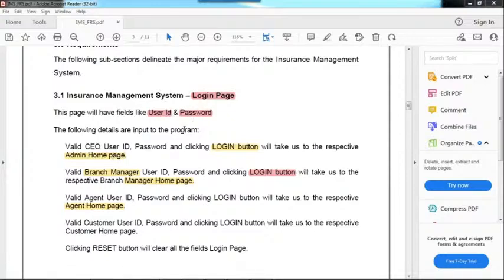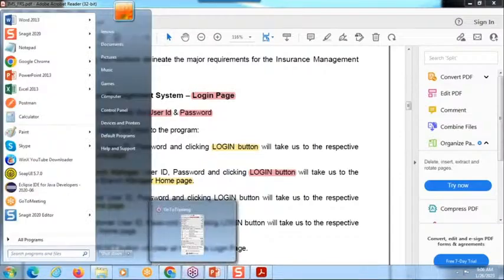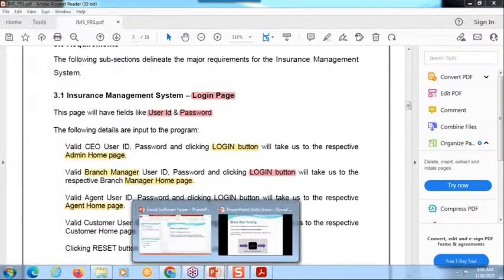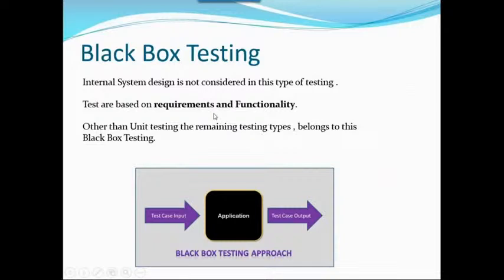So I told you that black box testing always depends on the requirement and the functionality. If both username and password are valid, only then should it log in. Otherwise, it should not work, right? So we need to test the login functionality.